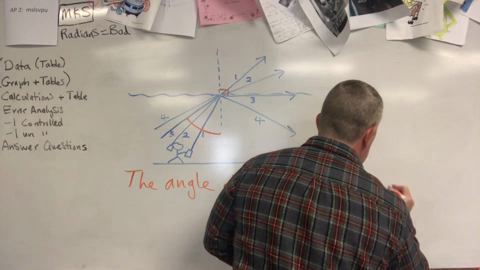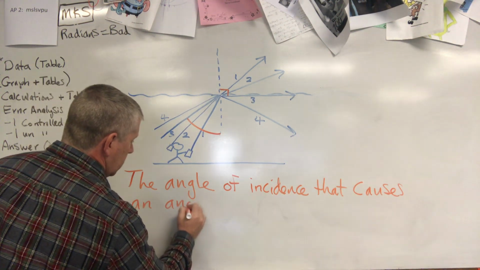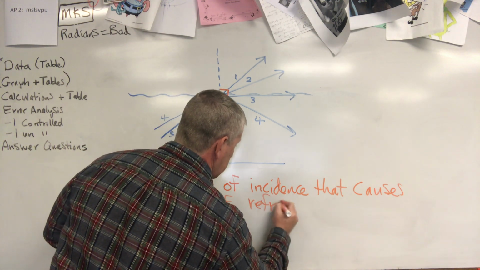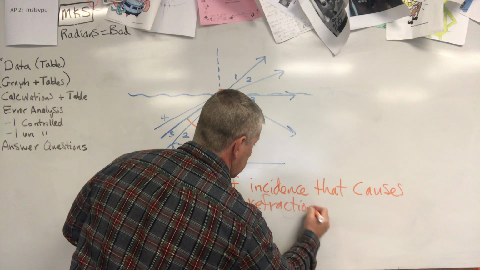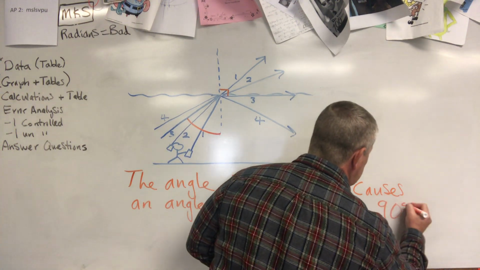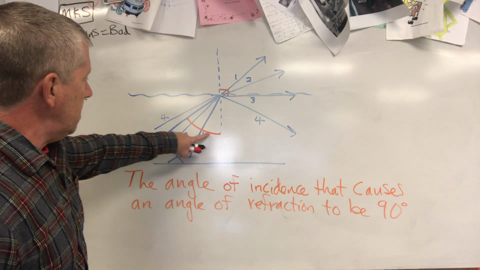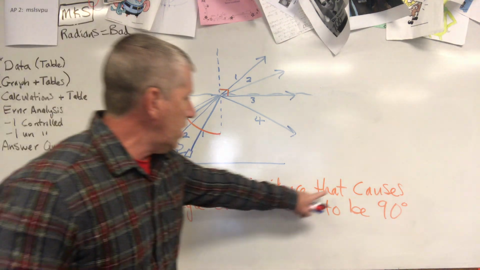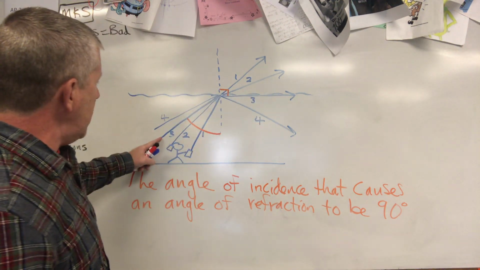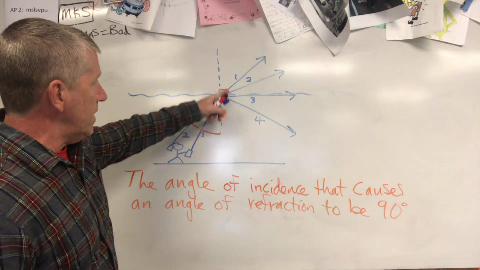That causes an angle of refraction to be 90 degrees, okay? So here's what we got. The angle of incidence, that's the orange line right here, that causes the angle of refraction, that would be the one that's riding along the boundary, line 3, to be 90 degrees,